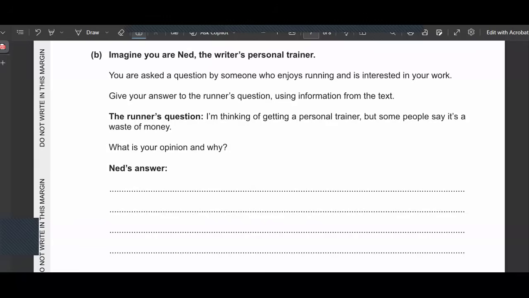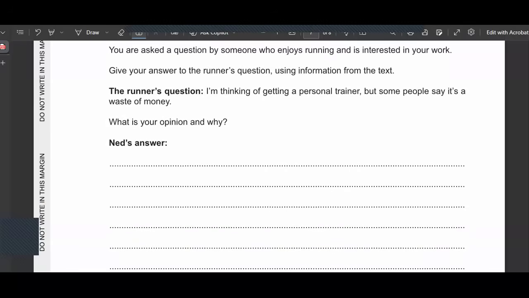The runner's question is: I'm thinking of getting a personal trainer, but some people say that it is a waste of money. So you have to explain your opinion and provide your examples. This is a short response question which is a 5 marker. So technically that means you can just take out a few particular points and develop them. So the ideas that you can use here with reference to the text are, for example, number one,